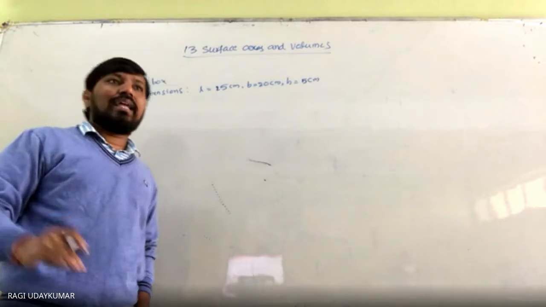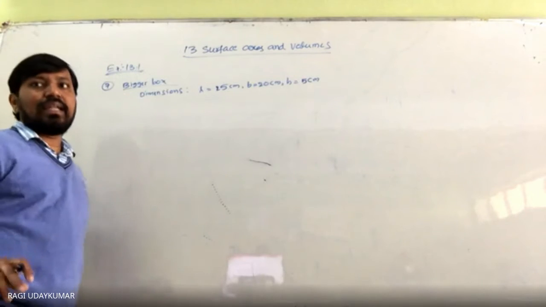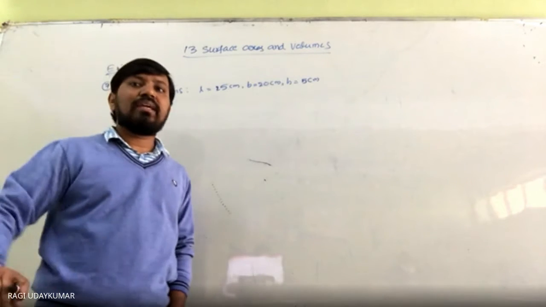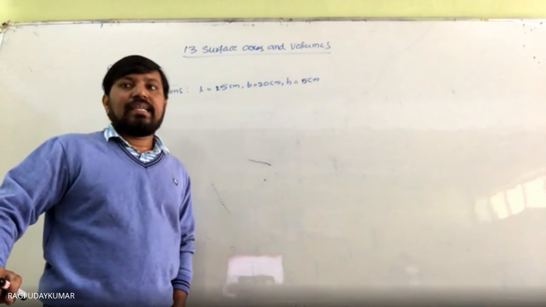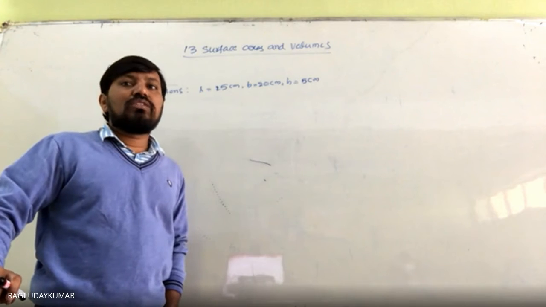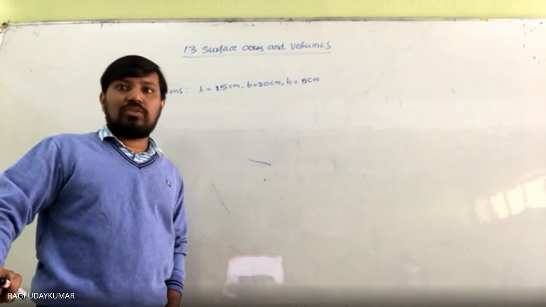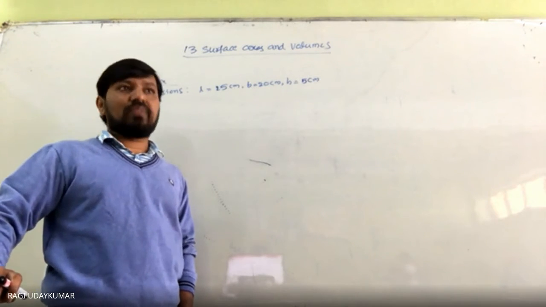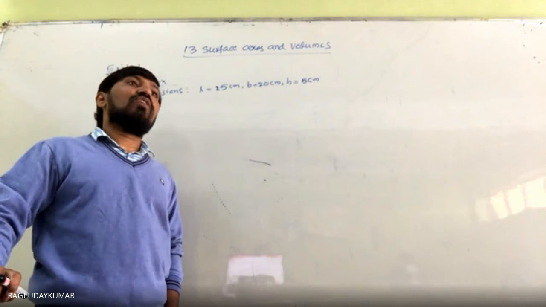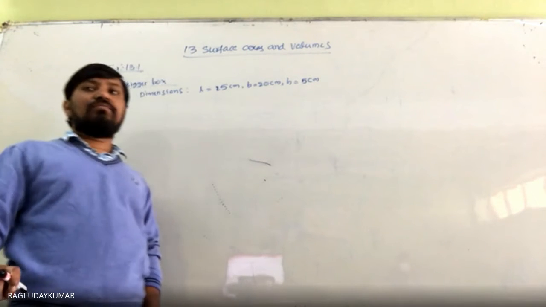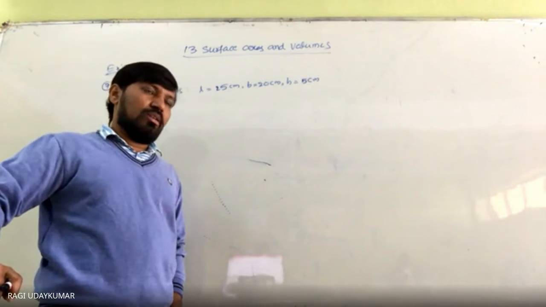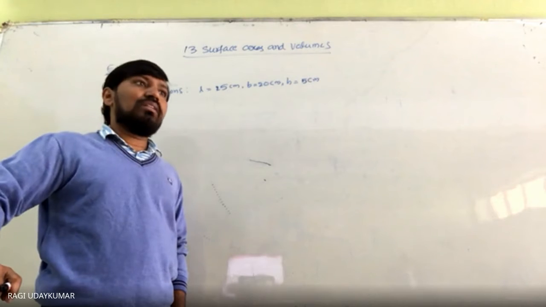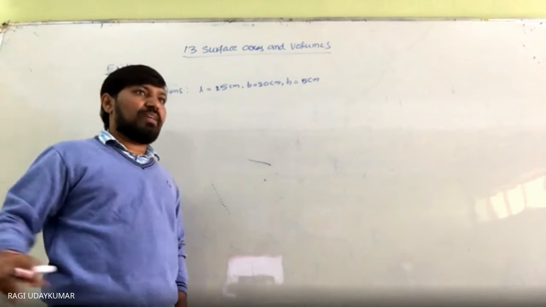And the smaller is also given to you; let us write it at last. And for all the overlapping, 5% of the total surface area is required. If the cost of the cardboard is rupees 4 per 1000 meter squares, first let us find out the total area of both the boxes. 250 such boxes is being asked. The total surface area of 250 boxes, find. Let us first find out one box.